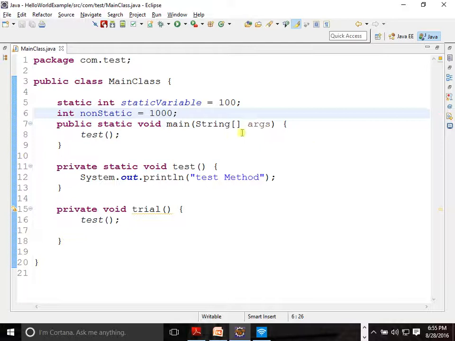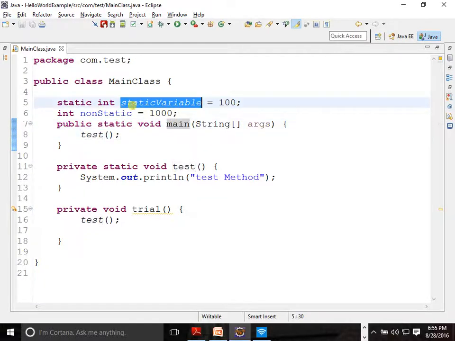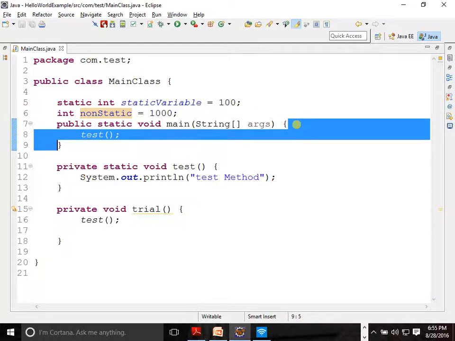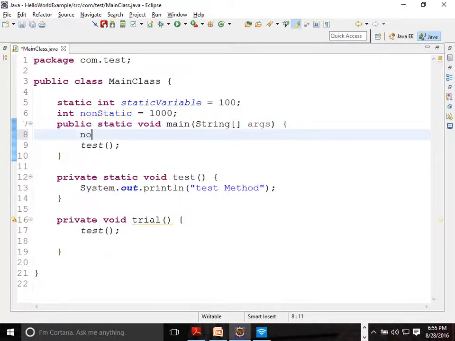Now let's try to understand. Can I call this static variable here? Yes, I can call it inside, because static can call static. Can I call non-static in this method? No, I cannot. Let's try to call it. If I write non-static equal to maybe, am I able to do it? No. Why? Because static cannot call non-static.